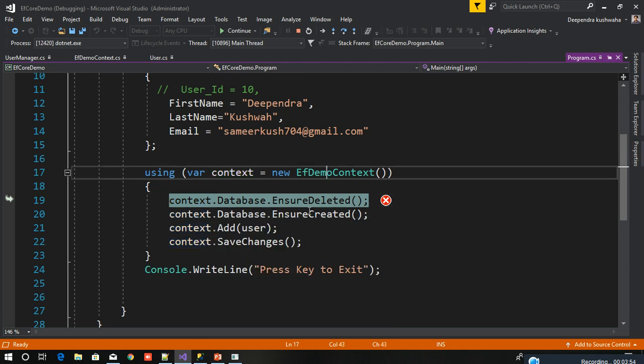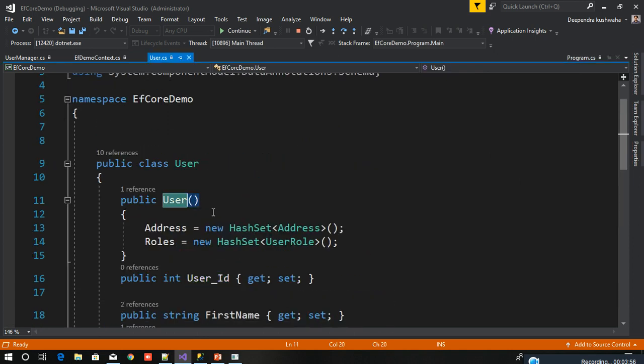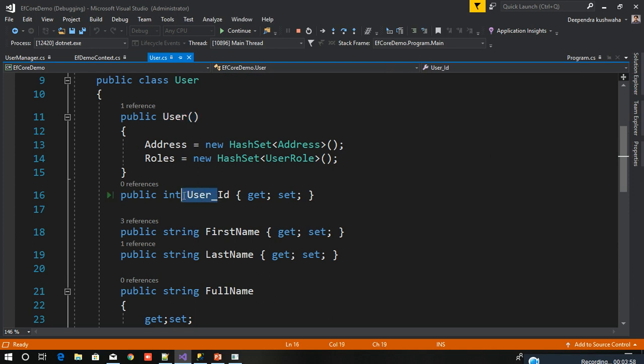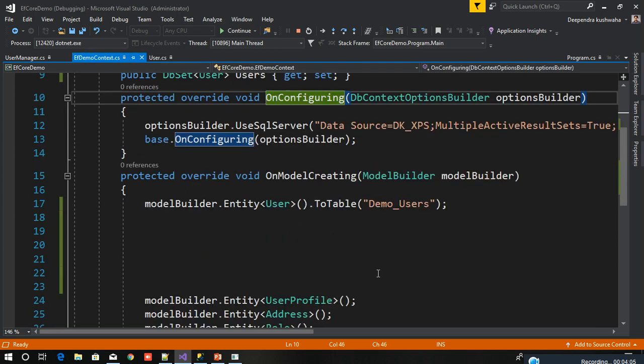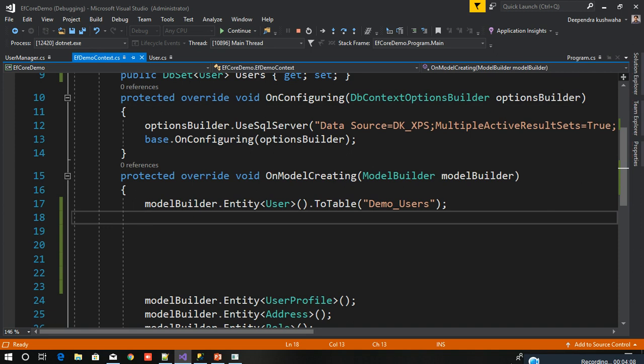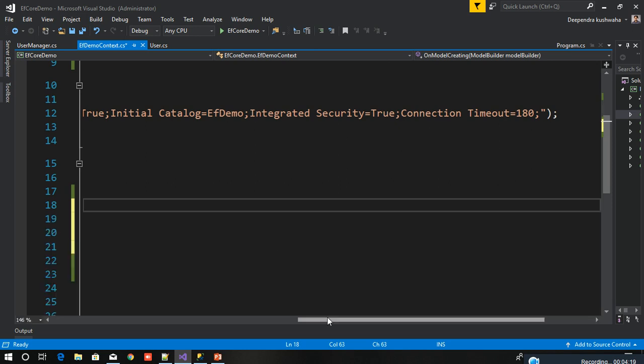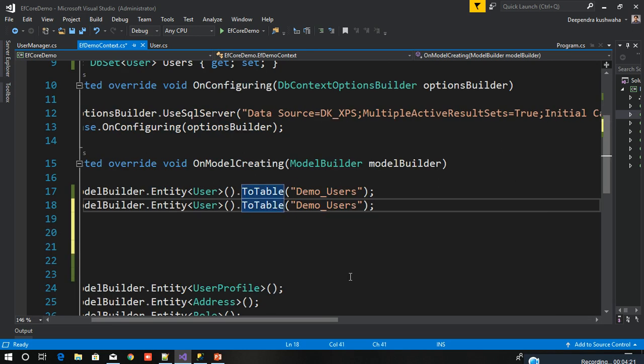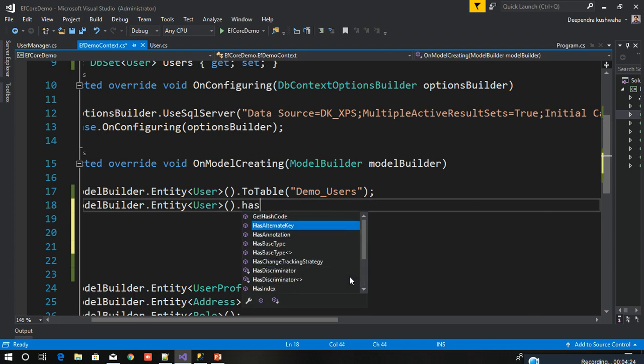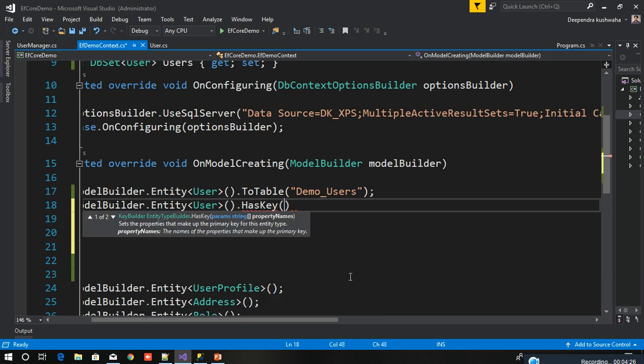Entity Framework by default searches for a name called ID. Since we have given this property name as UserId, it will not consider this as a primary key. In order to enforce this as a primary key, we have to give a different configuration saying that this user class has key,